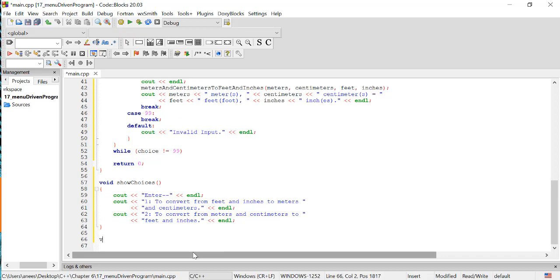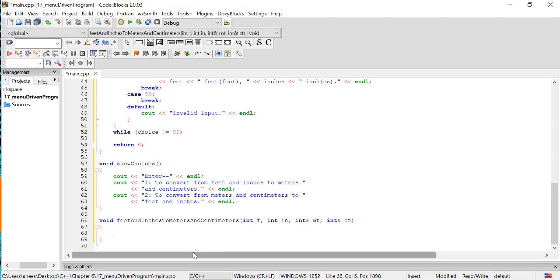And after that, we can write in void feet and inches to meters and cent. int f, comma, int in, comma, int mt, comma, int ct. Next we enter, put in some curly brackets, then we can write in